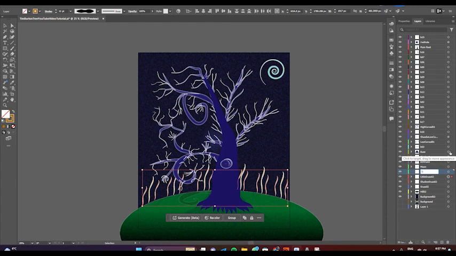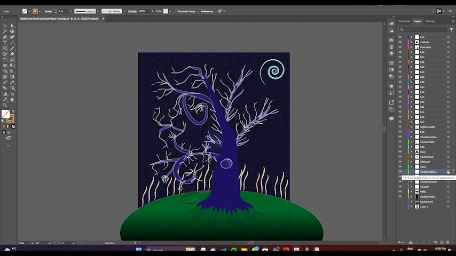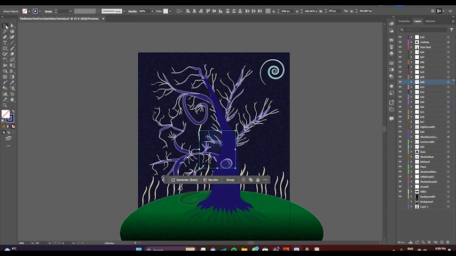Sorry, shadow little grass 02, shadow little grass 02. Go to little grass, one only, Ctrl C, come to shadow little grass, Ctrl V. Now we have it in here, you can see in green layer. What's that? Okay,